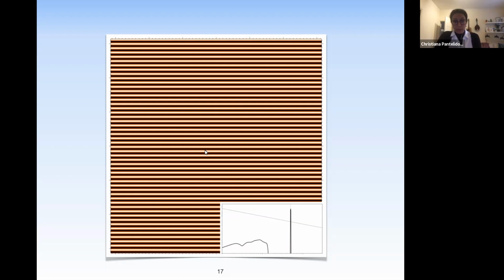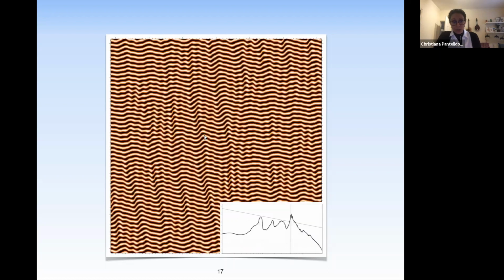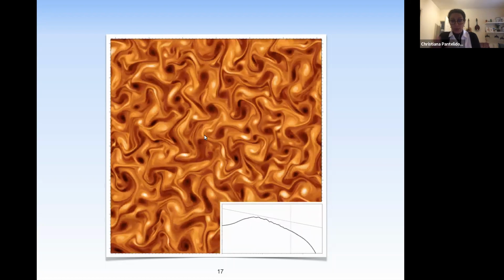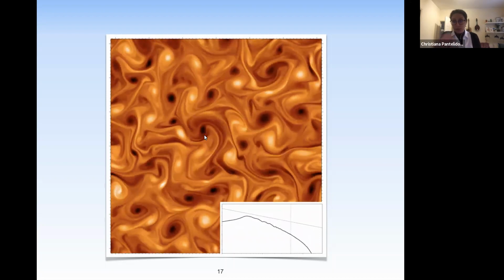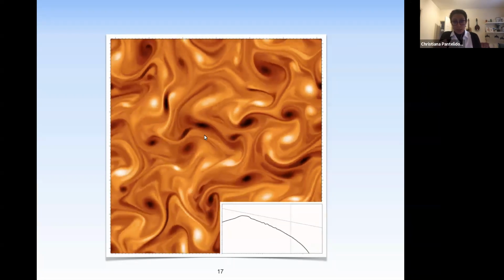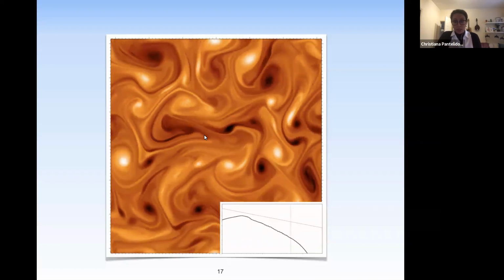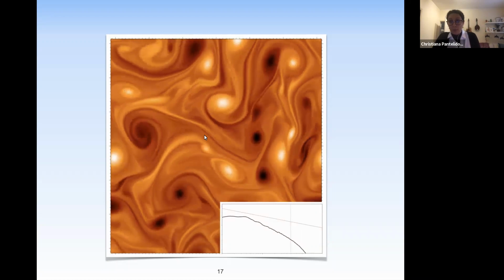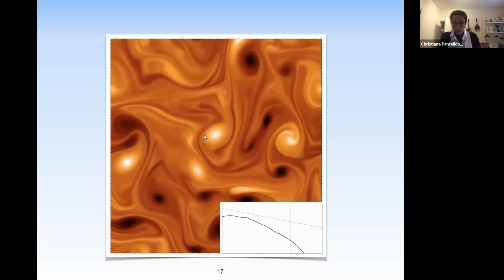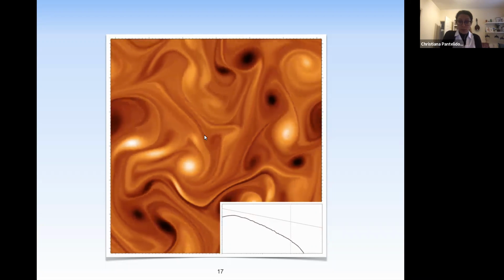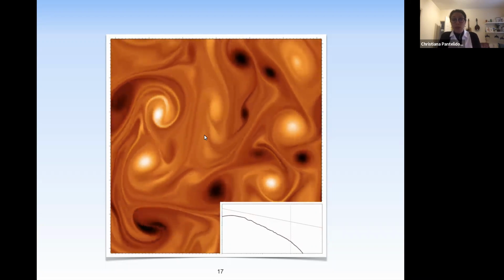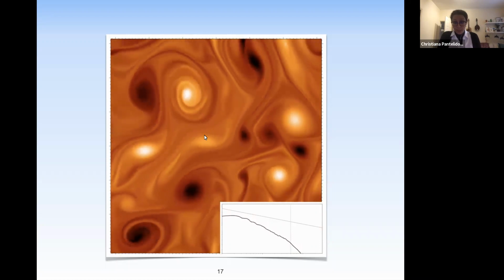So I'll play this twice. The first time focus on the vorticity in the background, and then focus on the power spectrum. Okay, so let's go. First we see that as soon as I let go, the initial conditions are unstable, so we see the formation of very small vortices. These vortices, as time passes, merge together to form bigger and bigger vortices. So we have transfer of energy from small scales to larger scales, which is what one would expect from an inverse cascade.